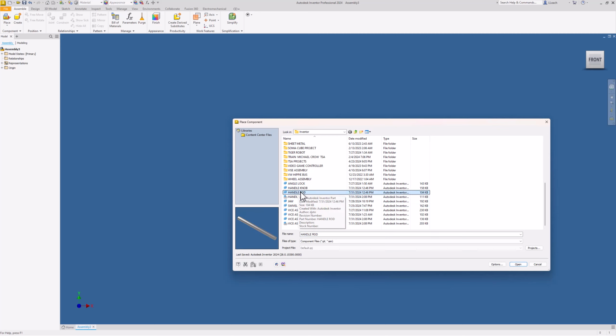So I'm going to go up to constrain. I'm going to use a mate constraint. So I'm going to click that mate. I'm going to click on this top surface here, and I want to look underneath this jaw, and I want to kind of click on the surface here, hit apply,